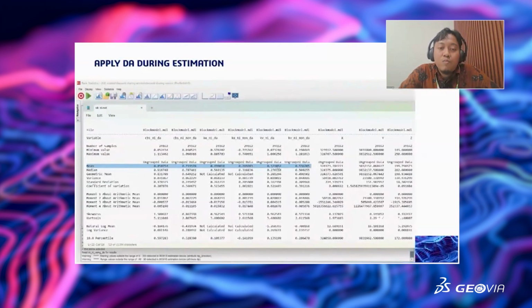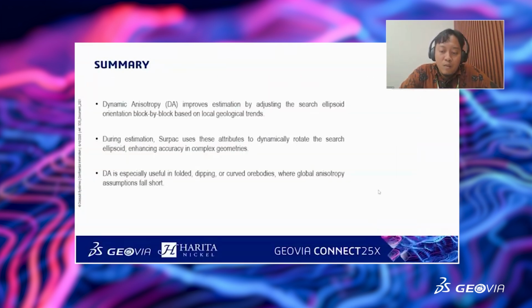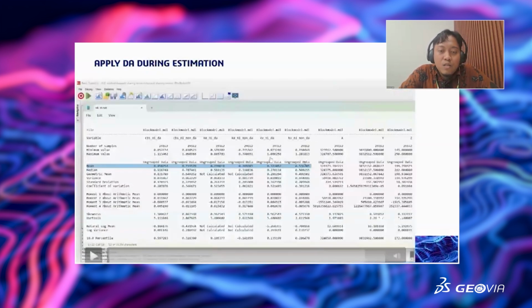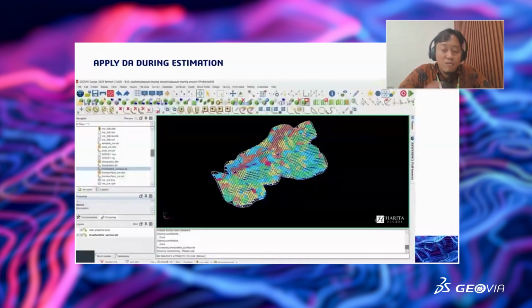Then for the non-dynamic anisotropy, sorry, yeah, this one, the Kriging variance is less than without the dynamic anisotropy. So the estimation is more efficient when we use the dynamic anisotropy, because it follows the local orientation for our searching parameters. So there are big differences between the estimation without and with the dynamic anisotropy.